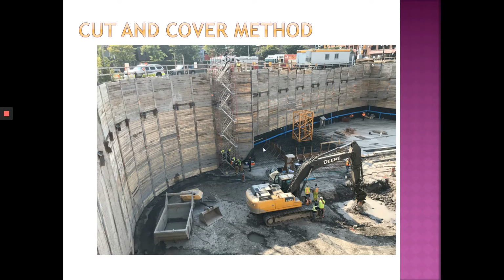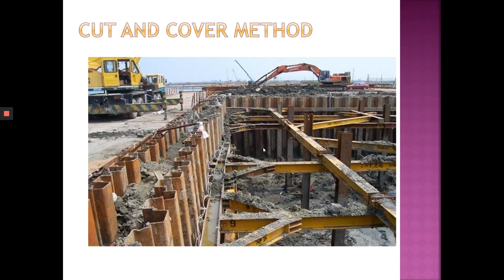Also for cut and cover, this is normally permanent, but can be temporary. So this is a wall. This is double sheet pile. Okay, double, because you have the inner and then you have the external. Sorry, you have double layers of sheet piles. First layer, second layer. And in between this, you will have the tie rod. Okay, rod yang mengikat between these two layers of sheet pile.